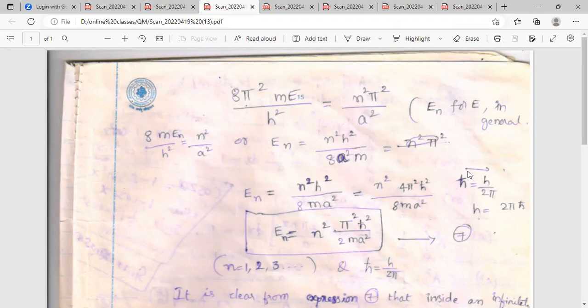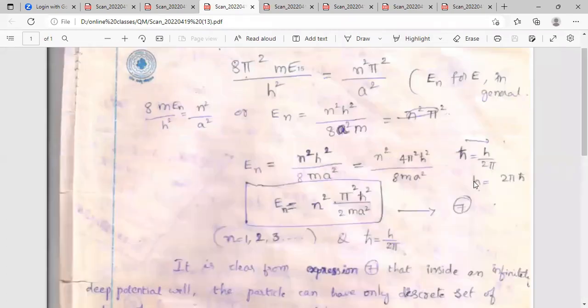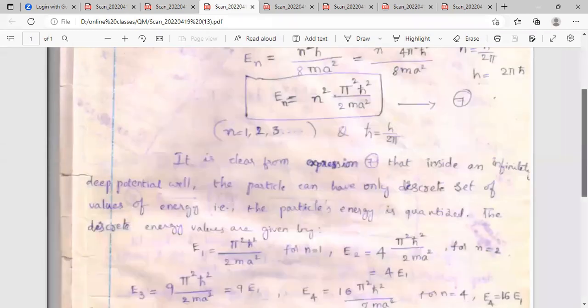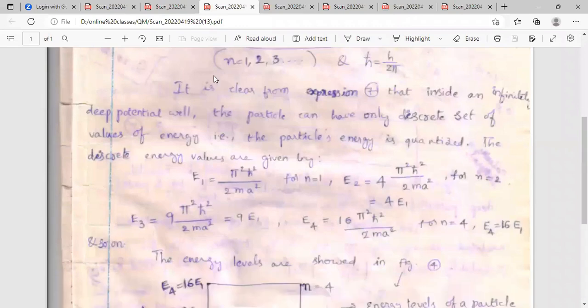H bar is h by 2 pi. I already told you, this is called the reduced Planck's constant. Then h is equal to 2 pi h bar. In this equation, if you substitute, En is equal to n square pi square h bar square by 2 m a square, we get. It is clear from the expression